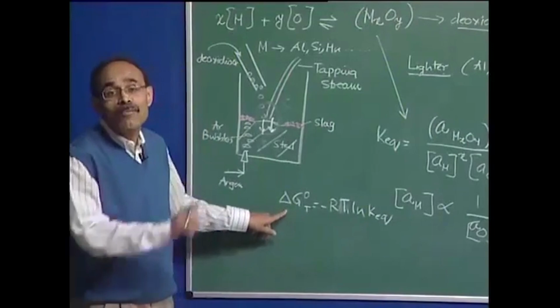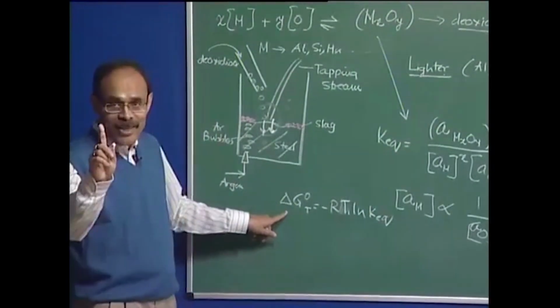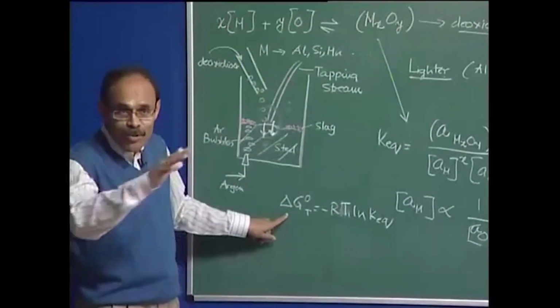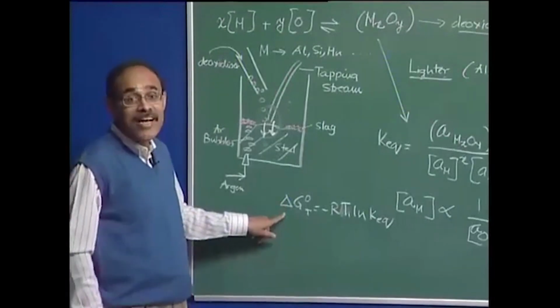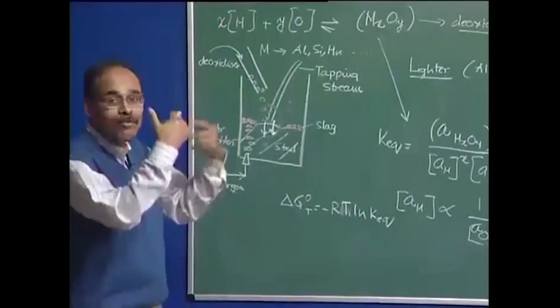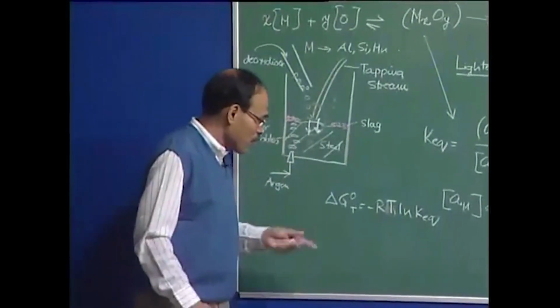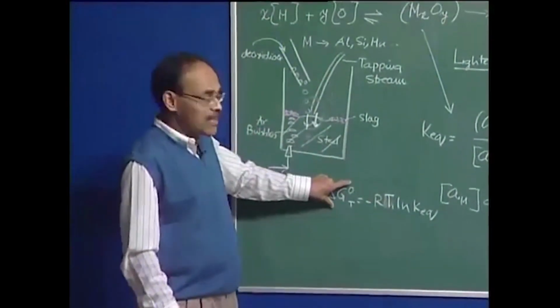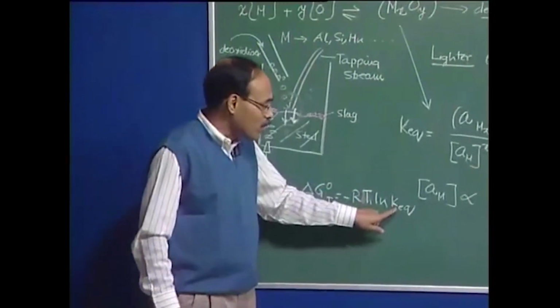And how do I know? Because this is tabulated in thermodynamic data books. Many people have done experiments and have determined this data. So therefore, determination of data is a very important step for us, particularly when we evolve new systems. So knowing the value of delta G naught, I should be able to calculate the value